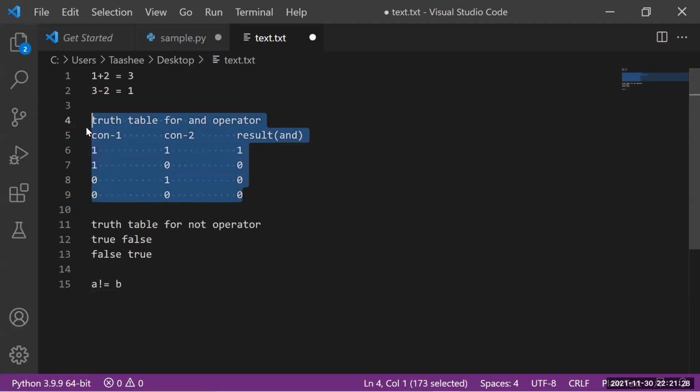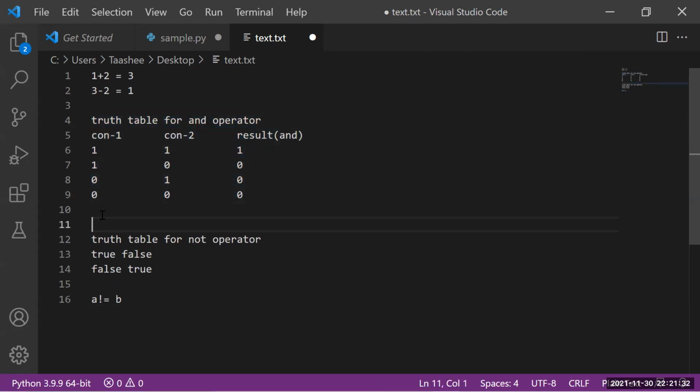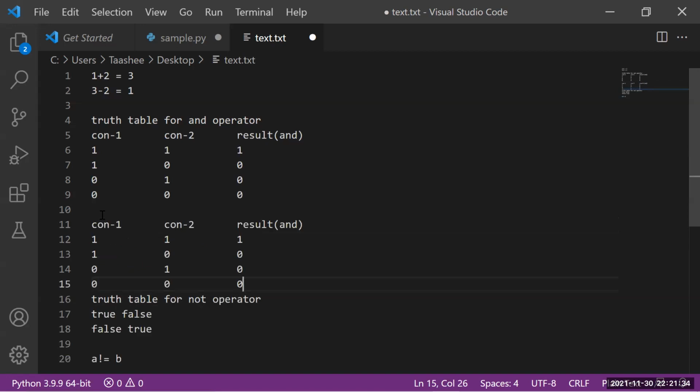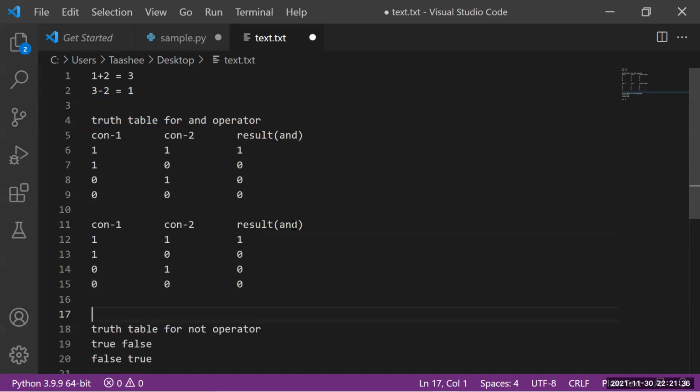Let me just copy this and paste it for OR. Control C, Control V. Now in this case only the last line will be 0 for OR and every other line is going to be 1. Okay, this is for the OR gate.